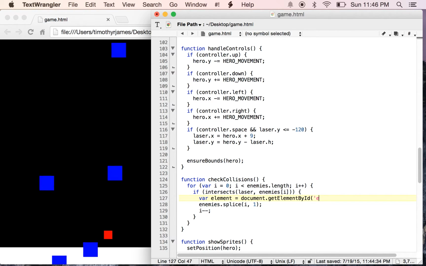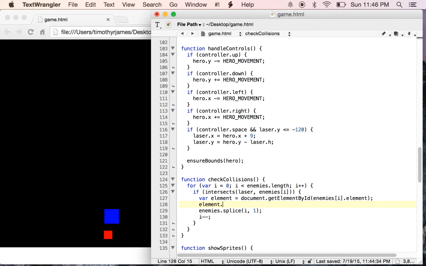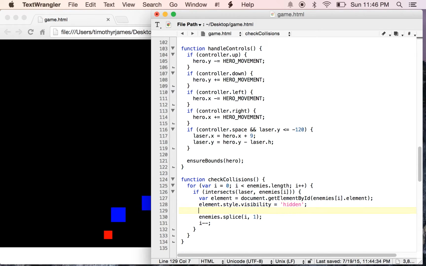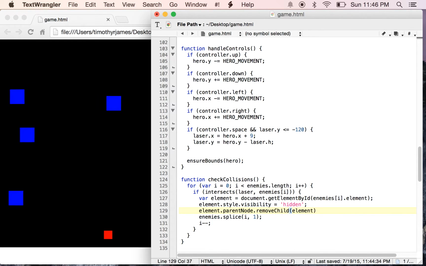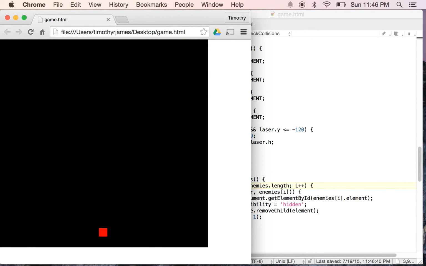and we'll use enemies[i].element here. And then we'll set element.style.visibility to hidden, then we'll use element.parentNode.removeChild(element). And all that does is remove it from the page so that we're cleaning up our resources more effectively. So now if I refresh, you'll notice if I shoot an enemy, and we haven't made any mistakes, assuming I find one and that I can hit it,